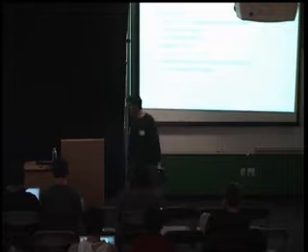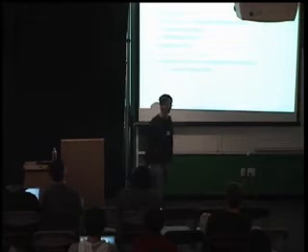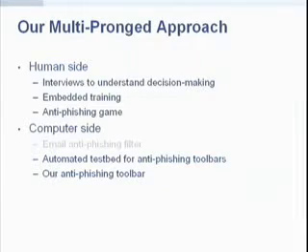Lastly, I'll be talking about an anti-phishing toolbar that we've developed, and it actually is very good. It's about 95% accurate or so in terms of detecting phishing websites. And the best part, of course, is that it's a very trivial algorithm and also uses the Google search engine to do this. And by the way, it also outperforms the current Google anti-phishing algorithm too.